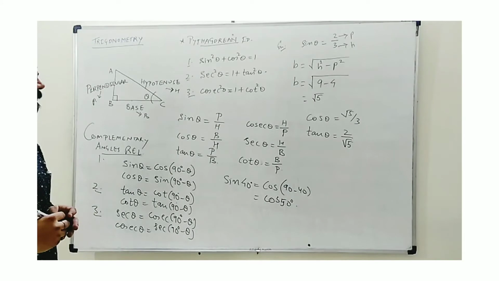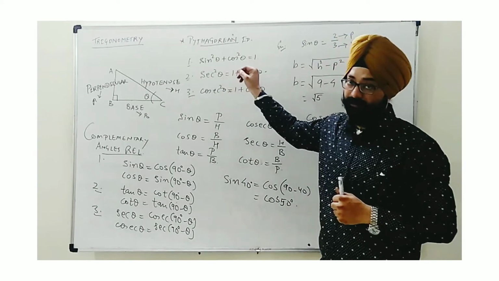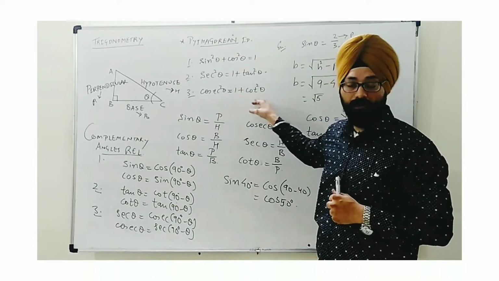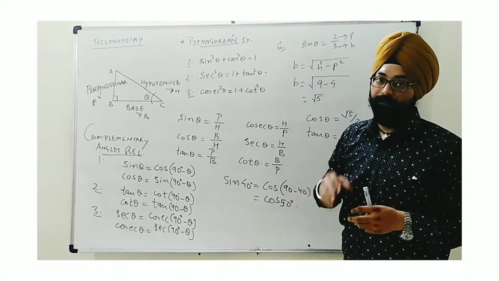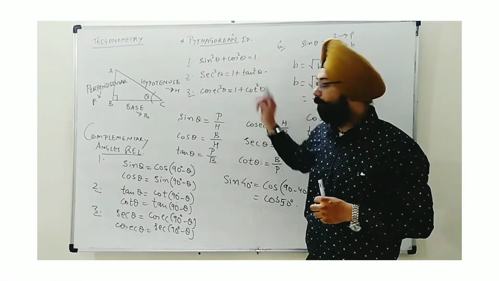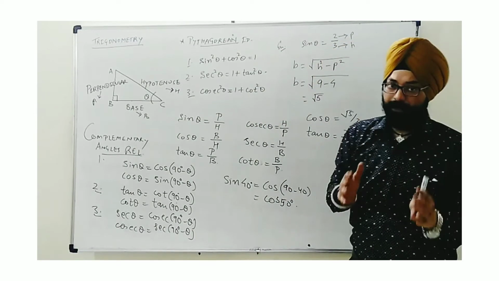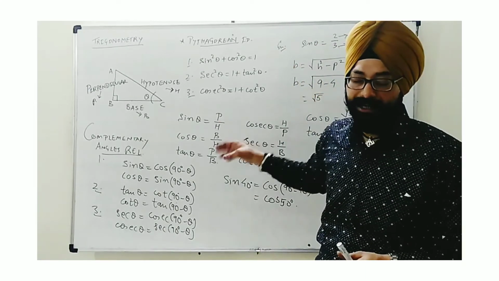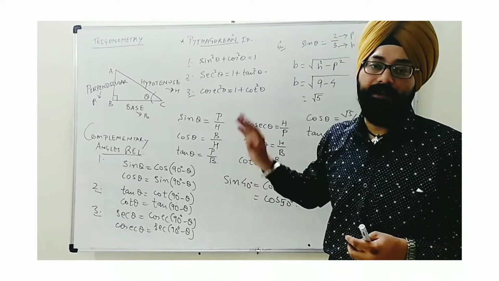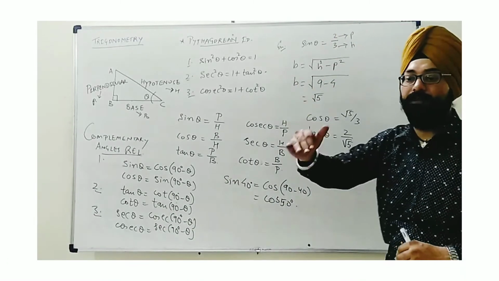In all these three we find that these also are relations. Here these are relations of the squares of function. Sin square, cos square; second shows sec square, tan square; third shows cosec square, cot square. So these again can be used to convert one function into other. Here these two can be converted into each other. Here the conversion of sec and tan can be used. Here the conversion of cosec and cot can be used. I am confident that you have seen all these concepts in 10th standard very well. But let me tell you, as application, mainly we are converting and nothing else. You can see in all the forms we are converting one function to other.